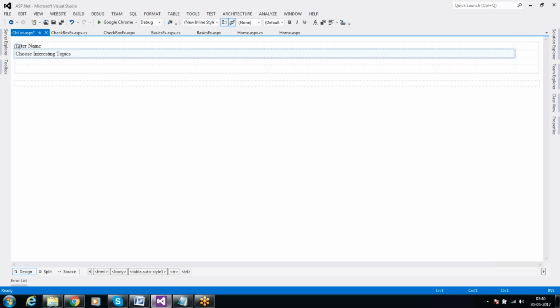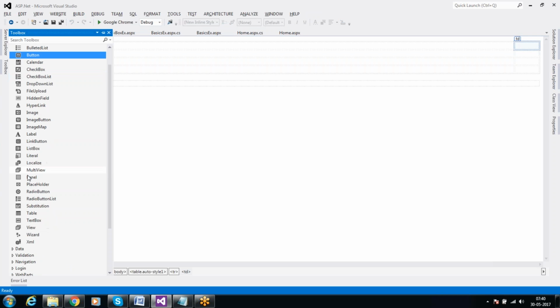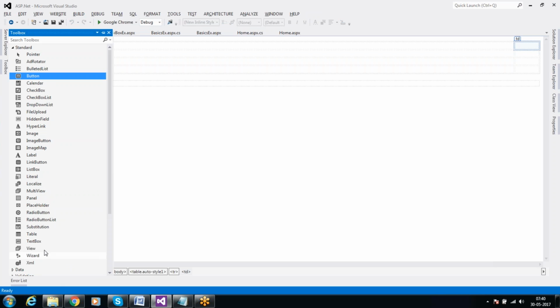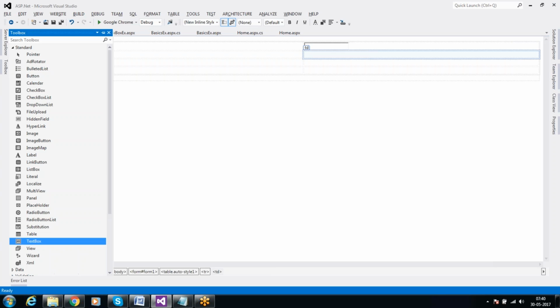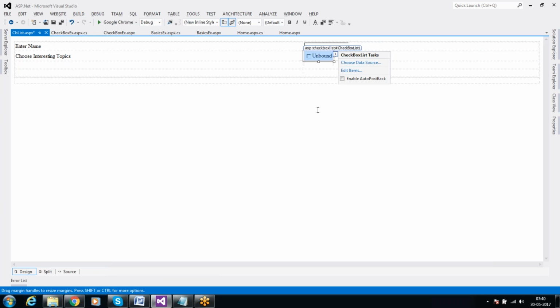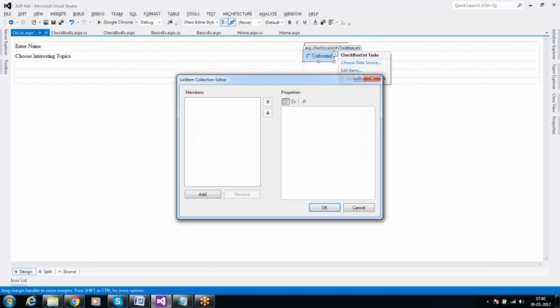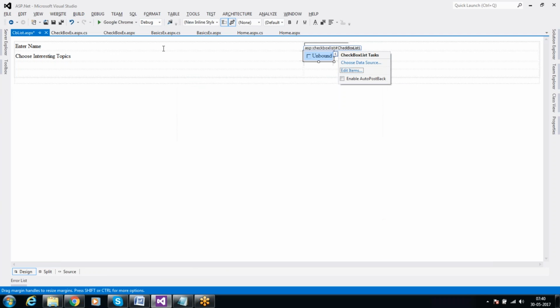Choose interesting topics. Here I want to take a text box. Here I want to take a checkbox list. This is our checkbox list. Here you can add data, click on add and you can add whatever data is required. So before going to that,